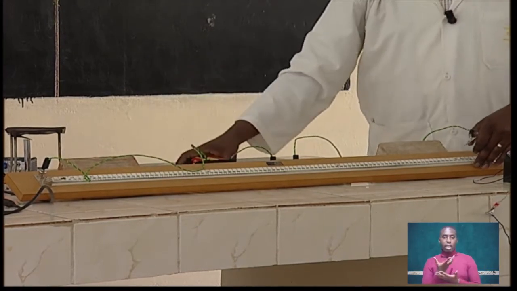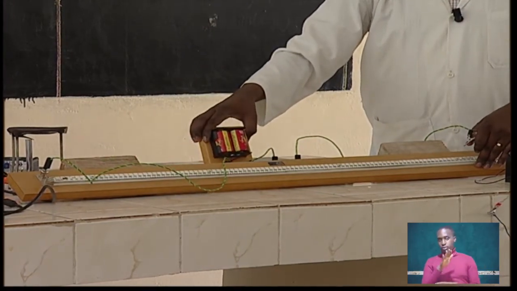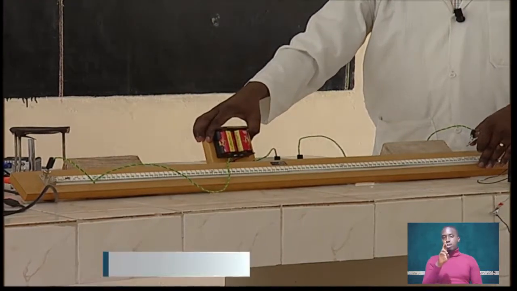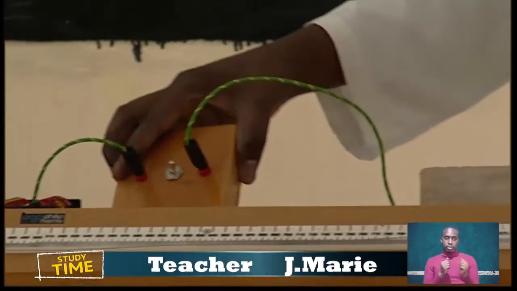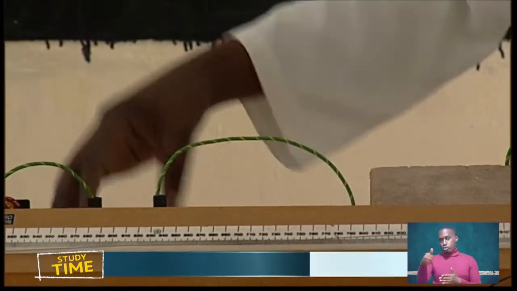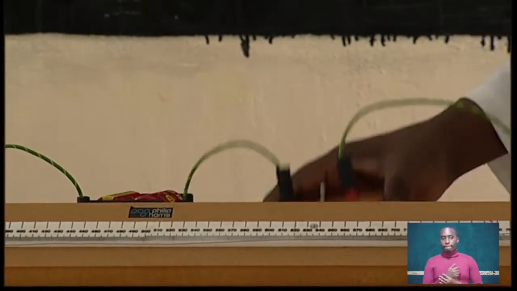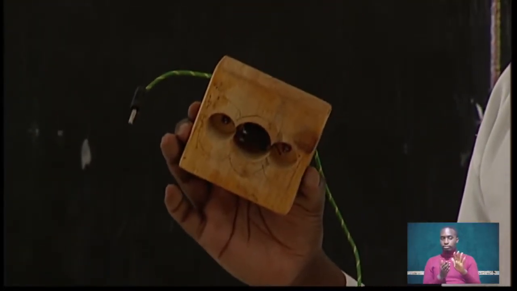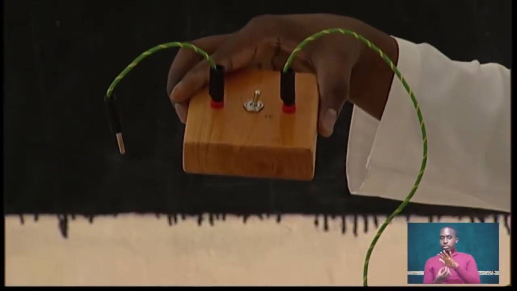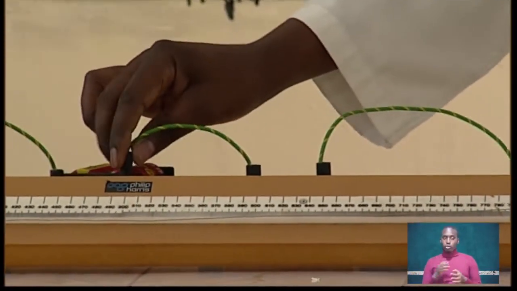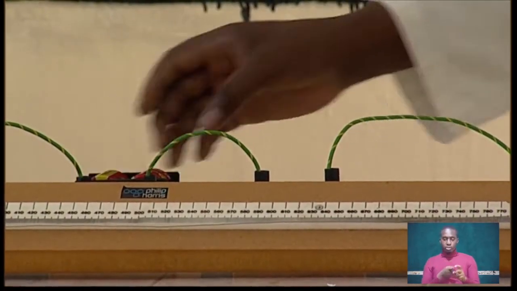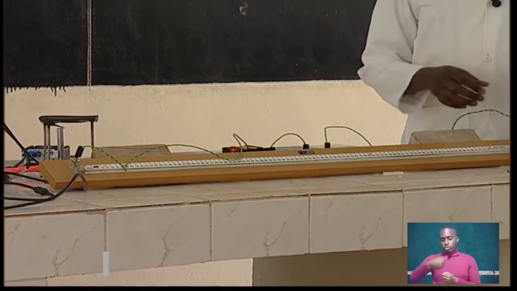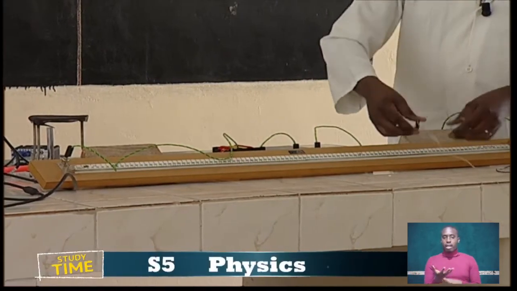So I have the source of the current. This is the potential difference that I have. Let's now do this with the help of this switch that I have. In between this battery, the source of the potential difference, I have to connect it to the terminals of the battery, and then I have the switch as usual. Then, with the help of this